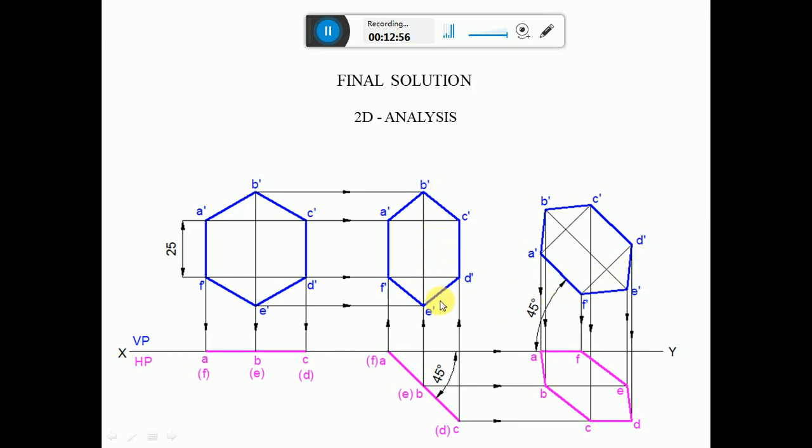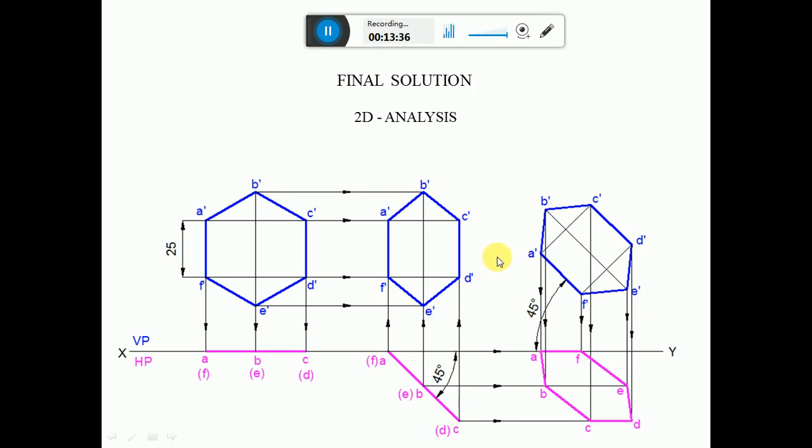To transfer the B dash and D dash, by using the compass, you measure the distance from A dash to this point, and similarly from A dash you cut an arc on this, and also from the F dash you cut an arc on this. So you got 2 points. Then join these 2 points and extend on either side, so that now you are going to measure the distance from F dash to B dash here. From this point to B dash you mark this point. Similarly from this point to E dash, you cut by transferring it on this side of the E dash.